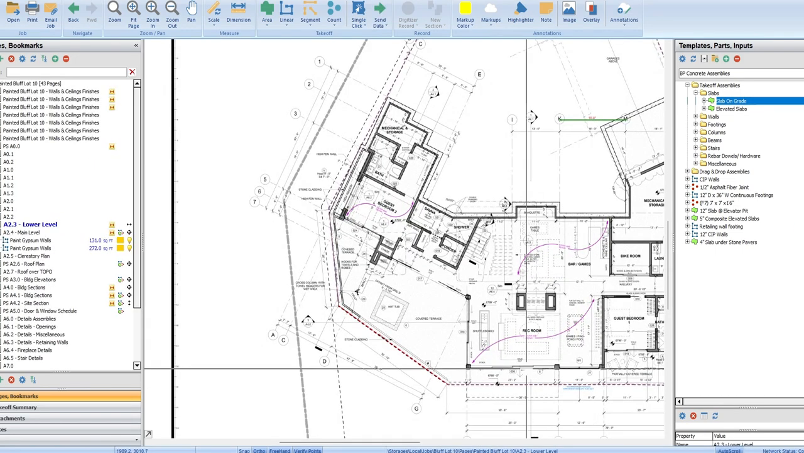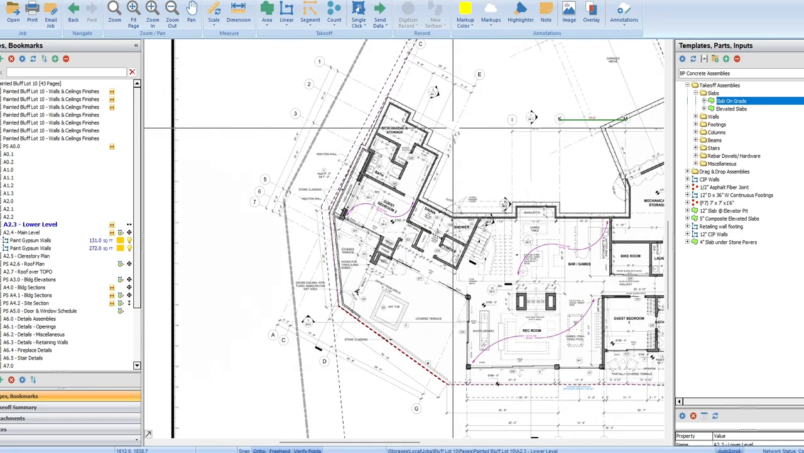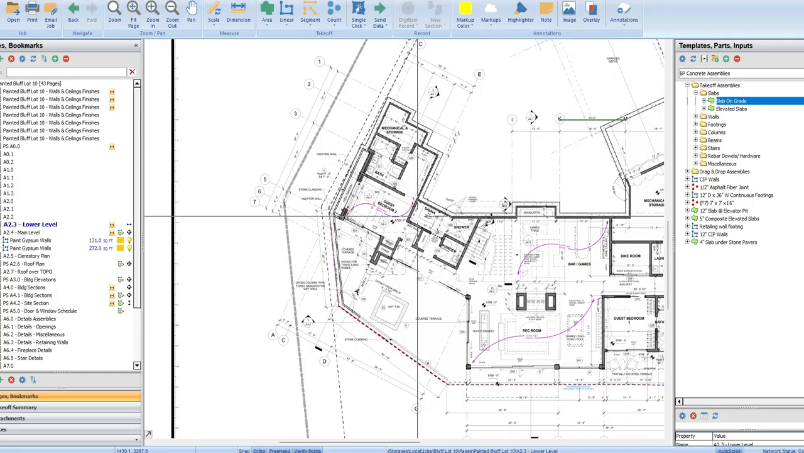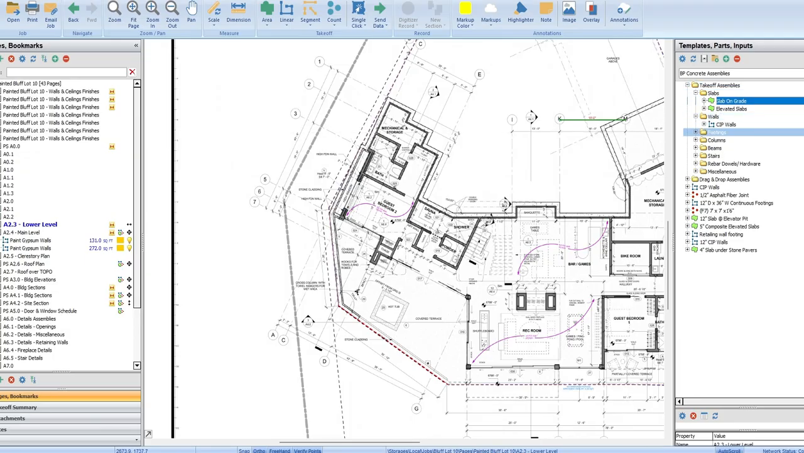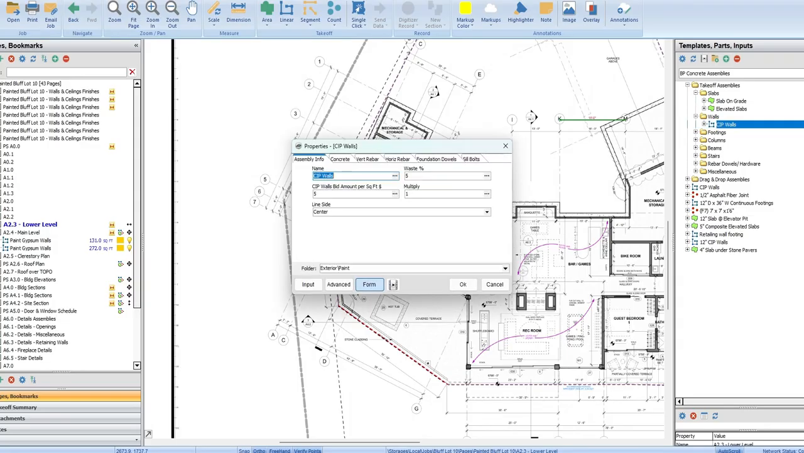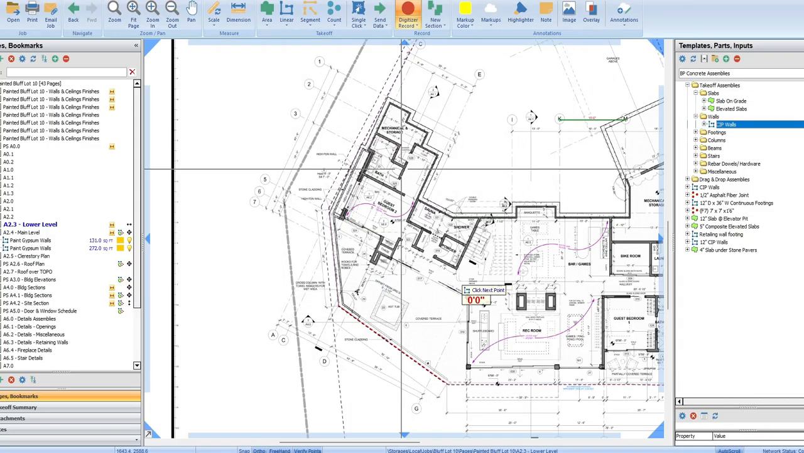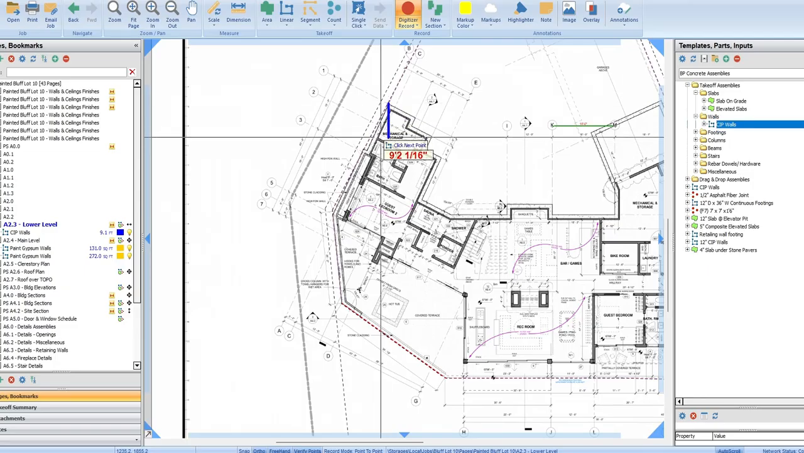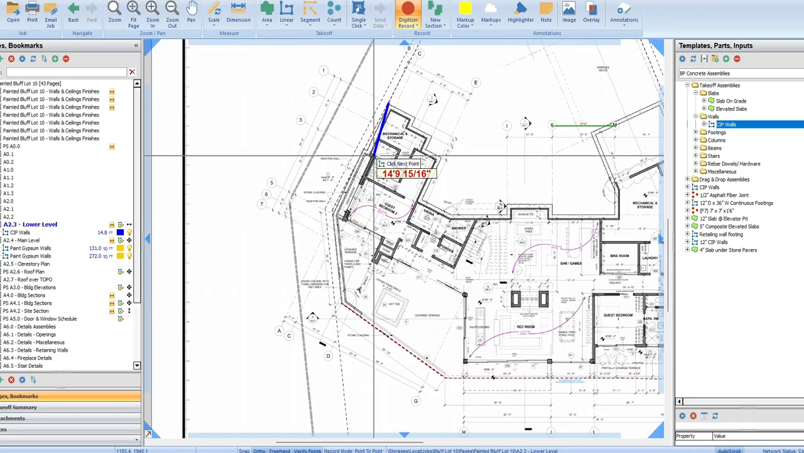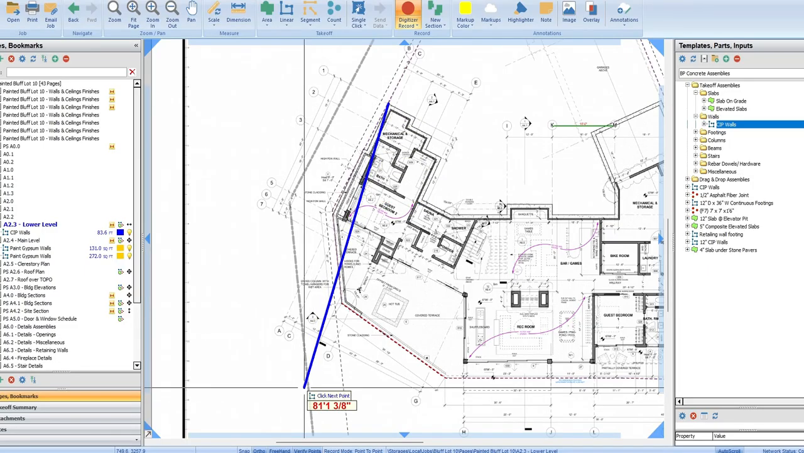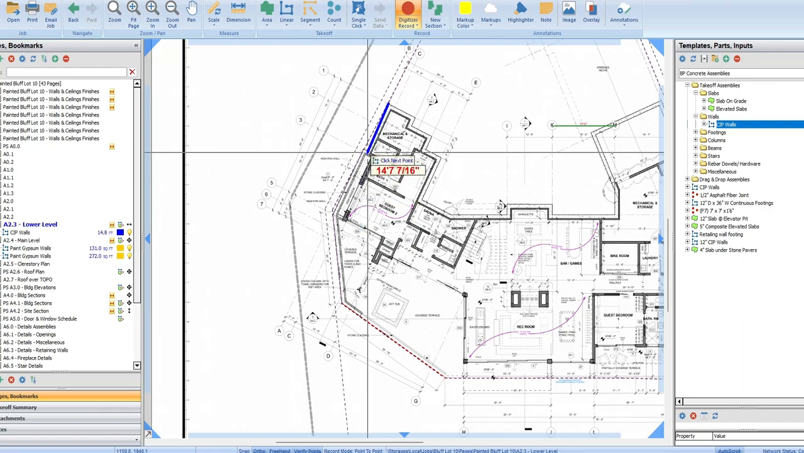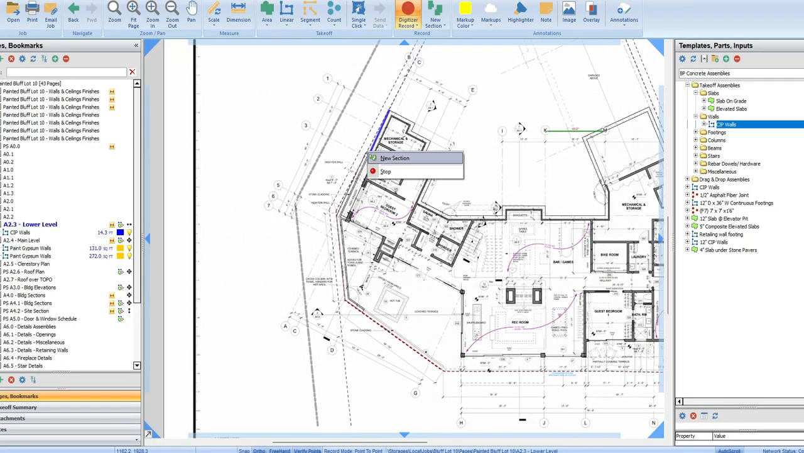Okay, now another condition is when you have a set of plans where you have walls that are on an angle like this. A lot of times when you go to do a wall, it's difficult to get it to go on the angle that you want, unless of course you do freehand or push shift. But if you have a lot of walls with this condition, what you can do,